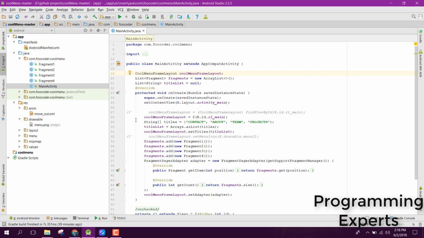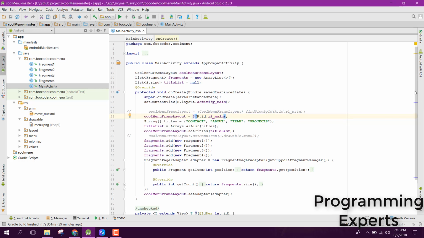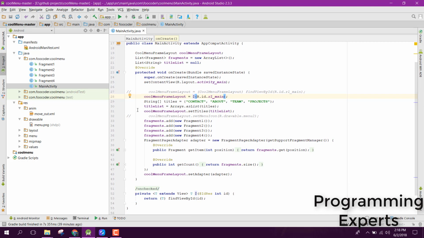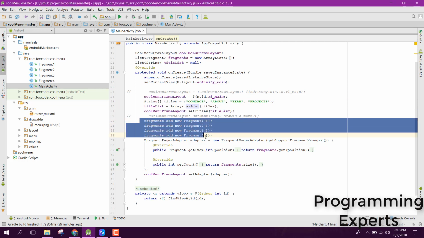Alright, so after that you need to initialize the cool menu frame layout. After that you need to have the string array for the title, and after that you just need to set the title. First of all you need to convert the arrays to list. Alright, and after that you need to just add the fragments,